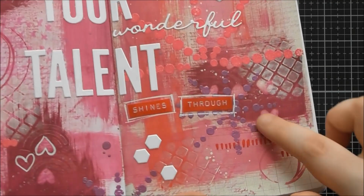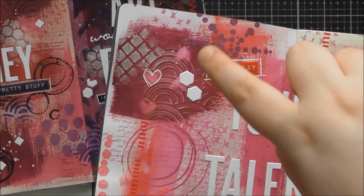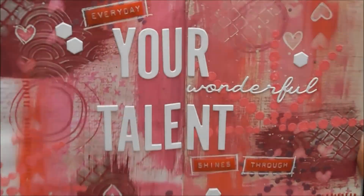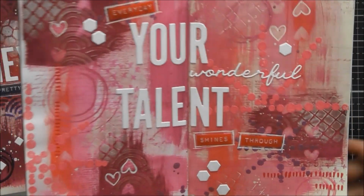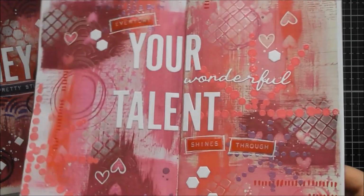And then I also did, using the smaller one in the purple colour of embossing powder, a full kind of fireworky design there and there, and then a half one sort of down here as well for a different kind of look. And I think I did some splatting on there too, but you will see that in the sped up video. It's hard to remember exactly what you did. I only made these yesterday, well, it might have been the day before, but it's hard to remember everything that